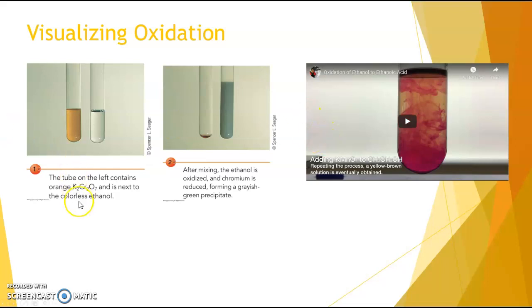So here you can see potassium dichromate here. You do not need to memorize that name or anything, though you should recognize it as an oxidizing agent. And it is a kind of an orange or a brown color depending on the concentration of it. And here we have a sample of ethanol, which is a primary alcohol. When we add the chromate into the alcohol, and it does require heat, it's not necessarily an instant thing,